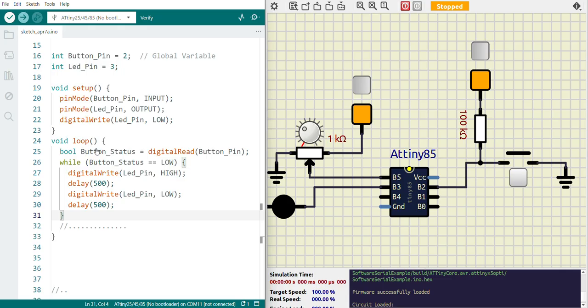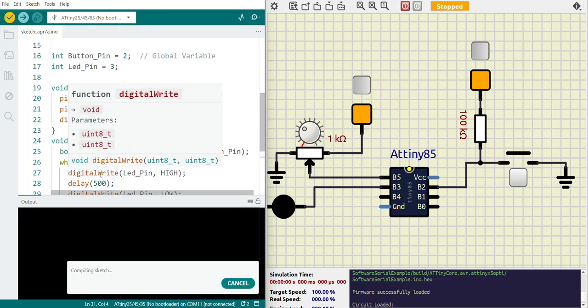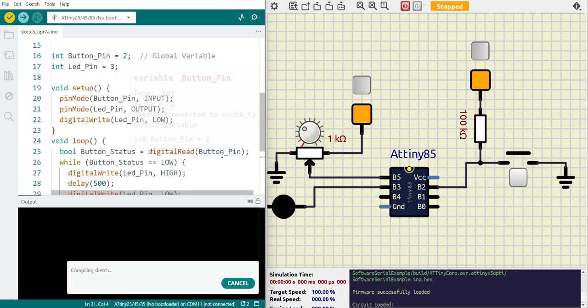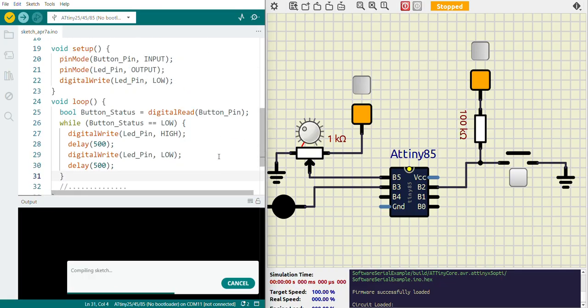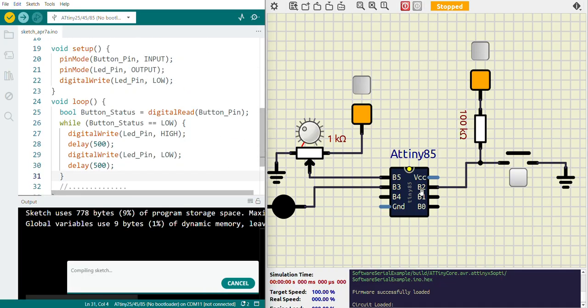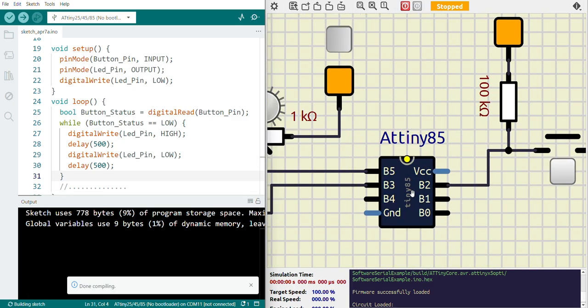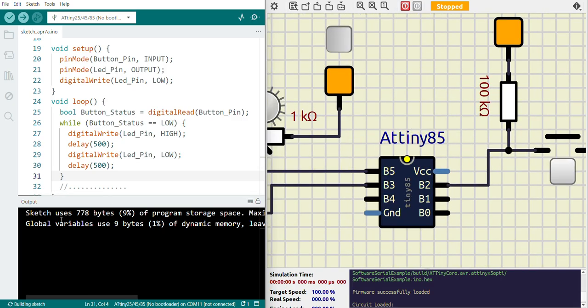So let's compile and see. Compiling simply means we are putting together all of these instructions and narrowing them down to ones and zeros the microprocessor or controller can understand. So we have no issues. The sketch constitutes 9% of program space. So what we are going to do